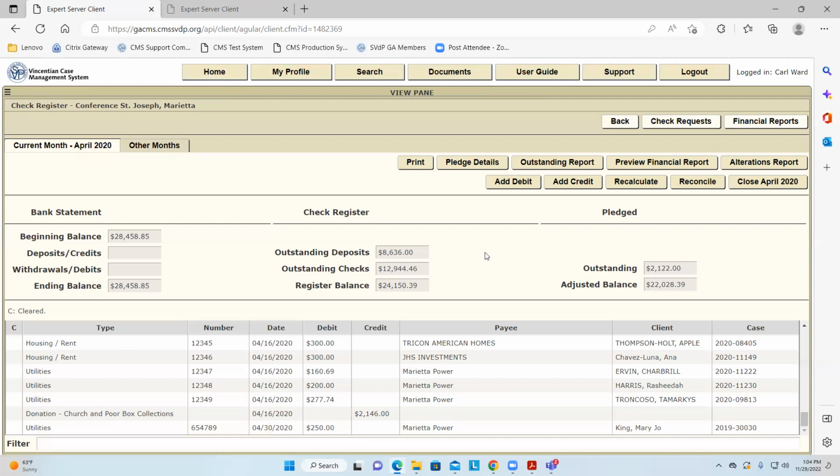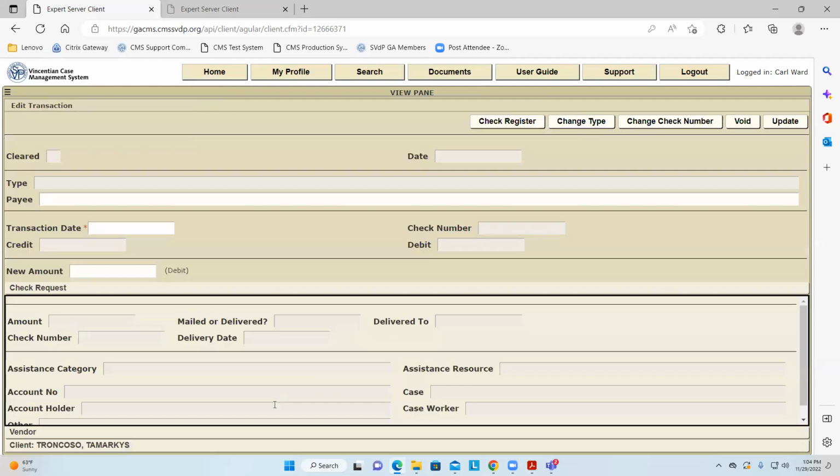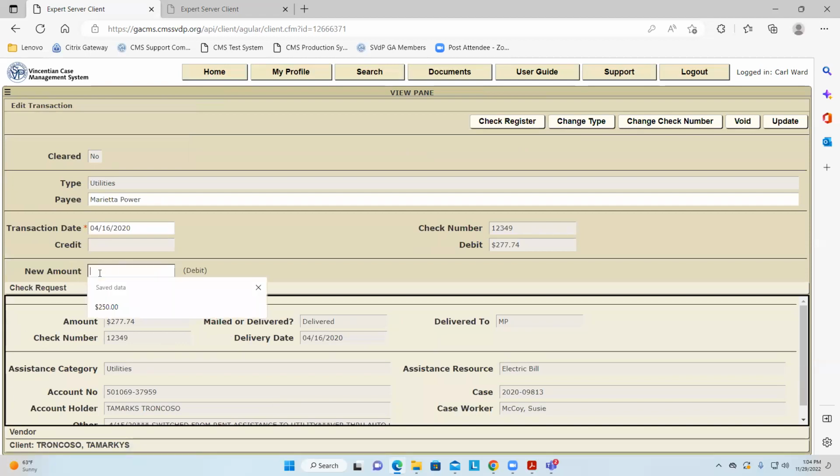That's when a treasurer would go in, and by the way, you can only do that in the current month. You change that check amount, that debit, to something new, because obviously you want it to be the same as what's on the bank statement. If you only put in 200, it's not going to reconcile. We're seeing more and more of that because more treasurers are paying bills electronically, and you have fees associated with that. And the fees are being recorded.